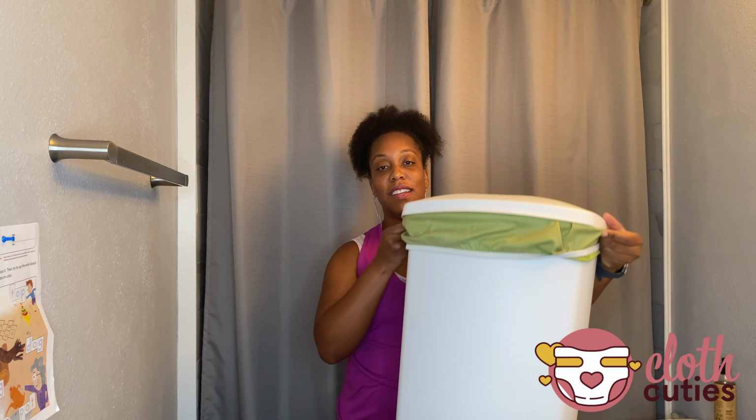Hey everyone, welcome to my bathroom. While we're in here, I want to show you a few things. One of the first things I want to show you is the trash can that I use for cloth diapering. You all have heard me talk about using a trash can for a diaper pail. This is it. It's a little